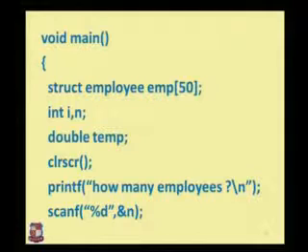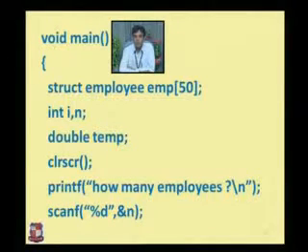Then in the program, void main, struct employee emp[50]. 50 represents that we are having a collection of 50 employees, so we can enter and get the values of 50 employees from that particular template. Then integer i and n. i can be used for any looping function, and n is the number of values. So we can put n equals 1 or 2 and print the values of n employees. n can be maximum 50 and minimum 1.